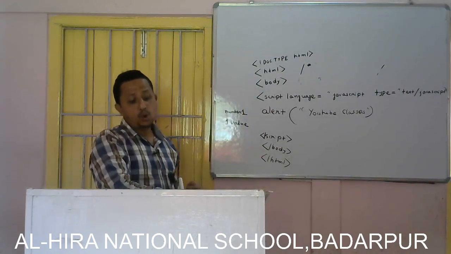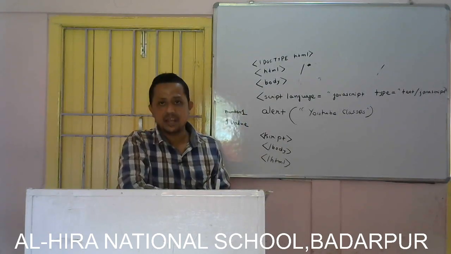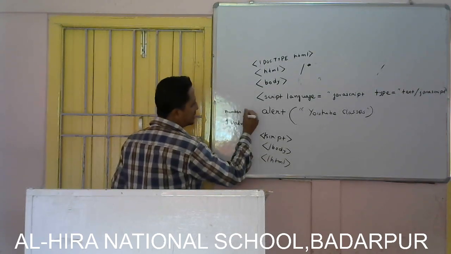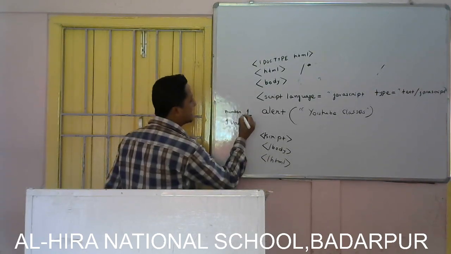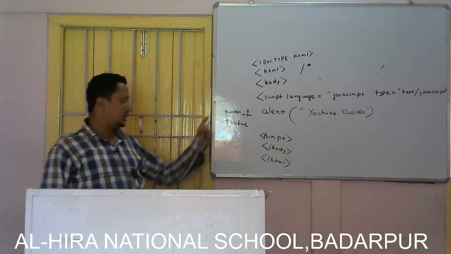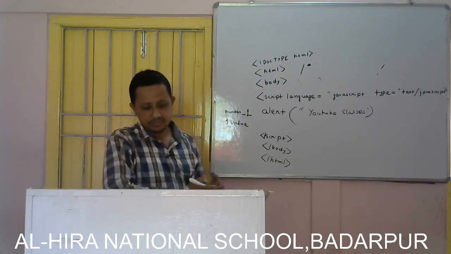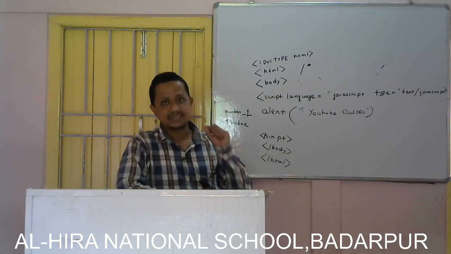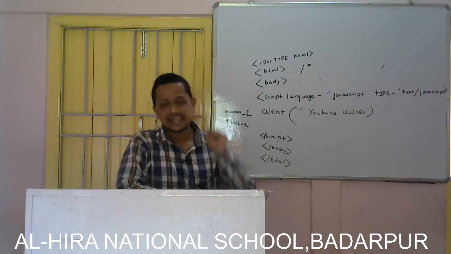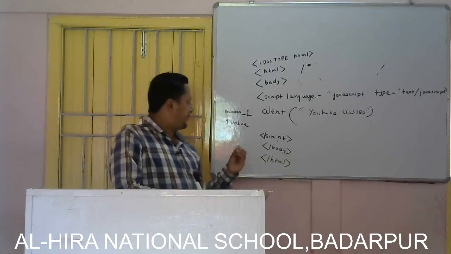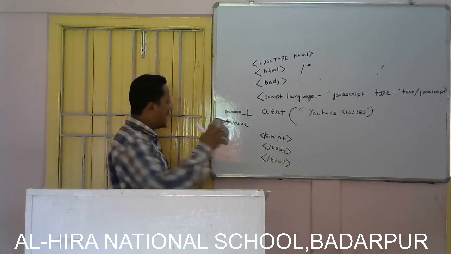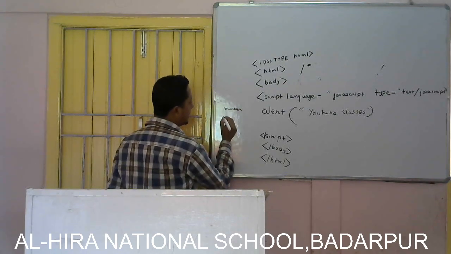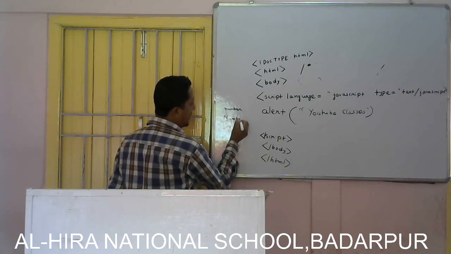Number 3: you cannot have spaces in a variable name. I cannot write, say, number space 1, which is invalid. We can write number underscore 1, which is valid. So that means we cannot have spaces. And number 4: JavaScript is case sensitive. Remember, JavaScript is case sensitive. So there is a difference between writing N-U-M-B-E-R, number, and then writing N-U-M-B-E-R in different case.